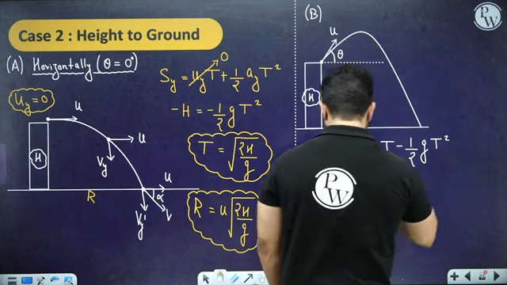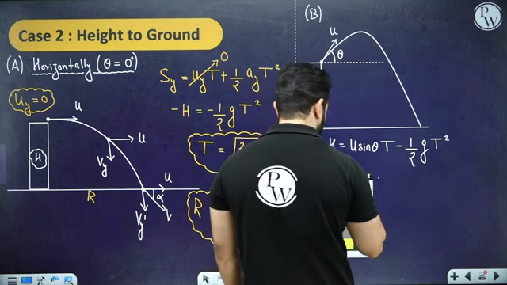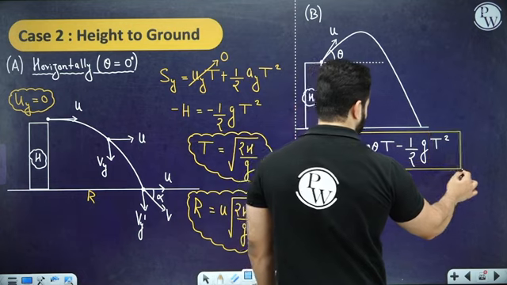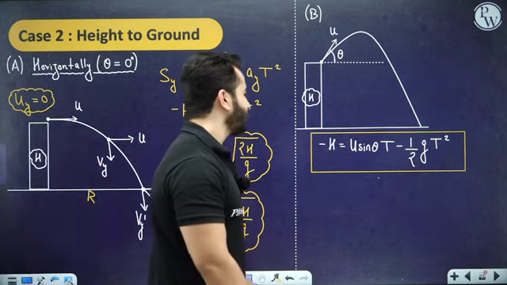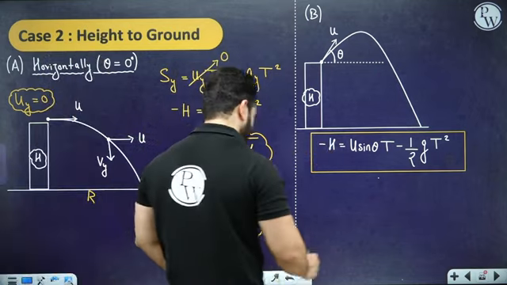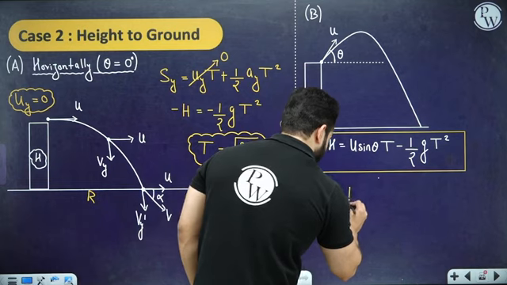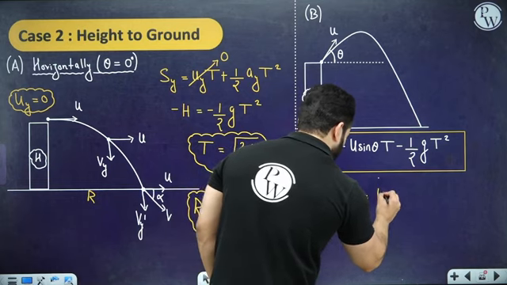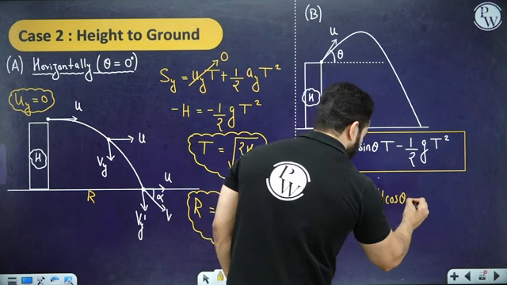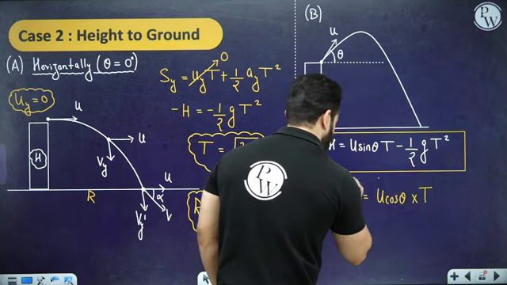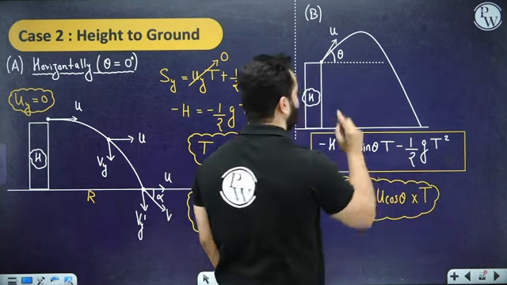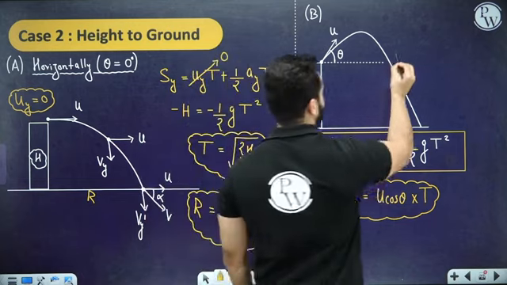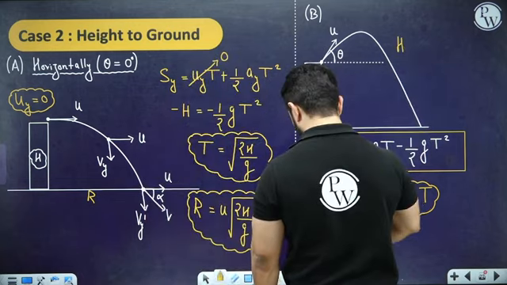So from this equation you can find out what the time of flight is going to be. Obviously you can't have a formula over here because it will come out to be a quadratic, but you can easily find it out. After this you can again rewrite the range as u cos theta, because it will not change, times time of flight. And for finding out the maximum height over here,